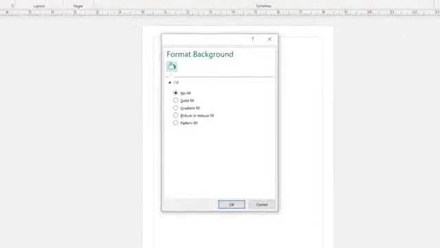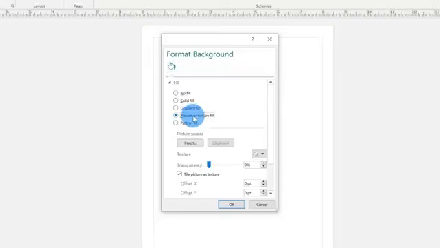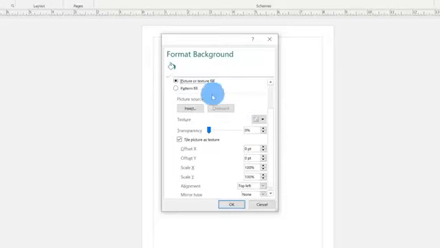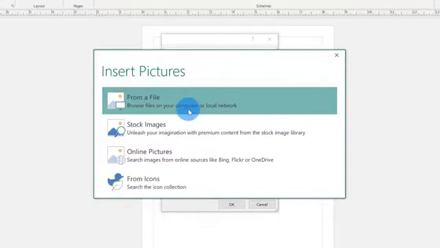When I click on the background button, this opens up the Format Background dialog, and here I have a few more options: no fill, solid fill, gradient fill, picture or texture fill. That one looks interesting. Let me click on that. Within picture, I see an option to insert a picture. Let's click on that. When I click on insert picture, this opens up the insert pictures dialog, and I could